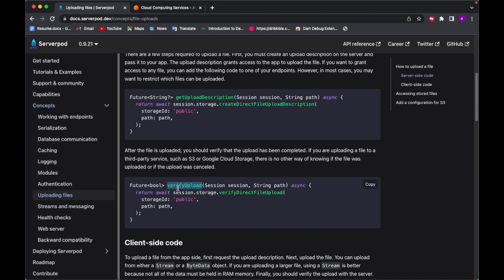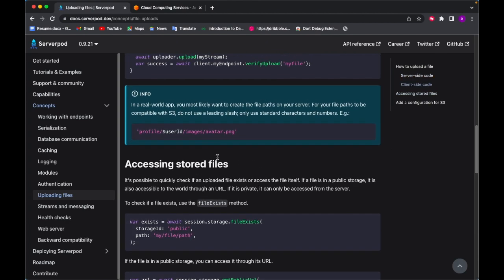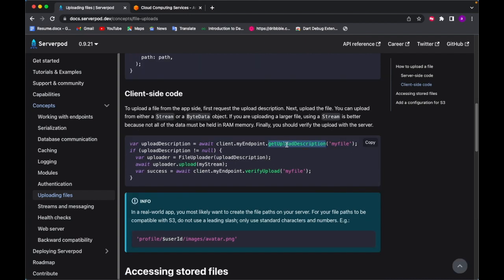So we have this verify upload method, which helps us verify whether the file got uploaded or not. We also have a few methods to retrieve the files, and we have the code for the client side. If you look at the client side, you see we have this upload description. We get this upload description from the server side. We created a method in our endpoint, so we get that upload description and store it in a variable,